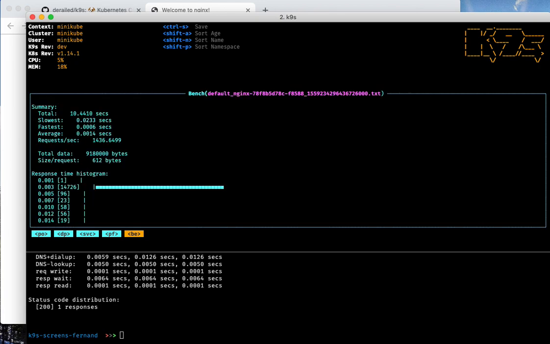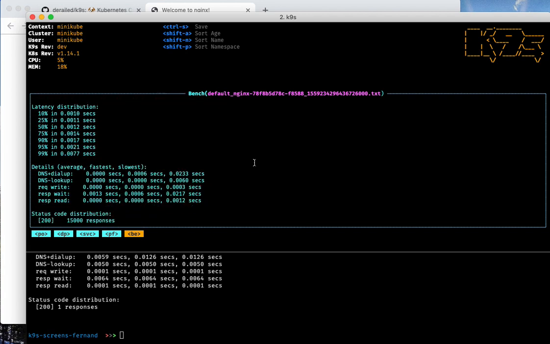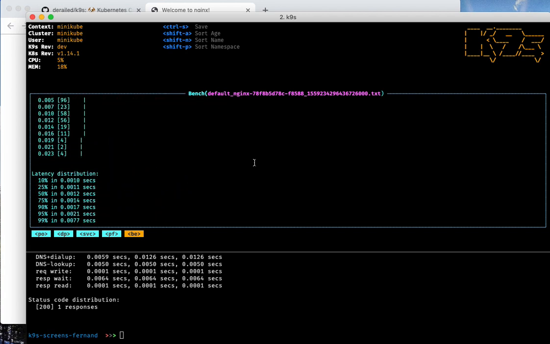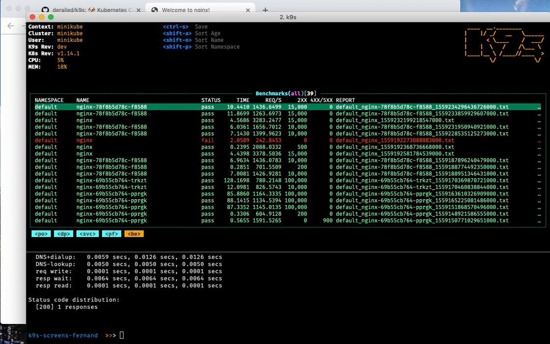And then once again, pressing enter, I get to see the exact same report that I showed you on the CLI tool with all those very handy and useful metrics about it. So this I think is really a cool feature, because now you can lock down things like resources, CPU, memory, tune up your autoscalers, compare canary builds, from one container to another, see how well they perform, all within the cluster and all within K9s, which I think is really, really cool.